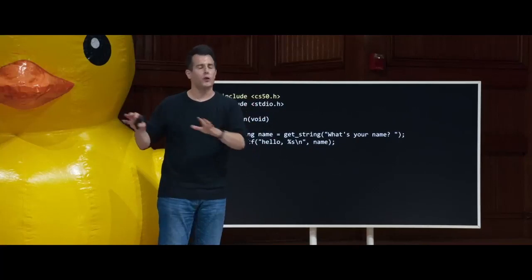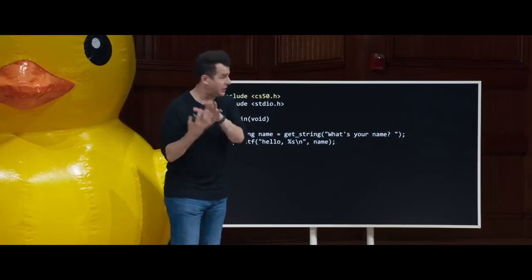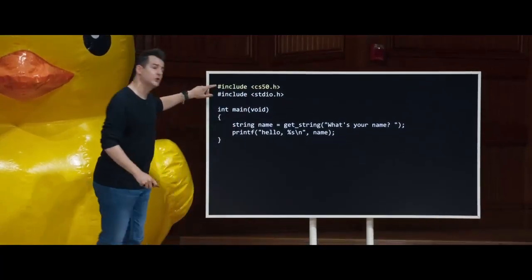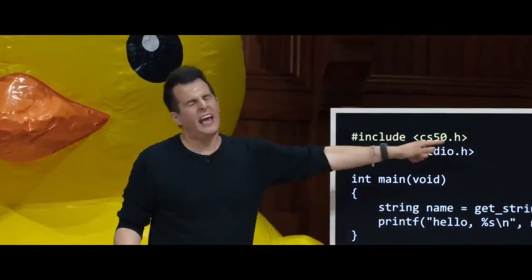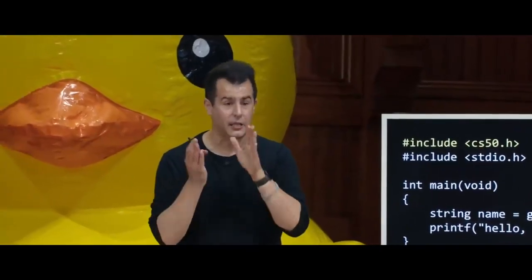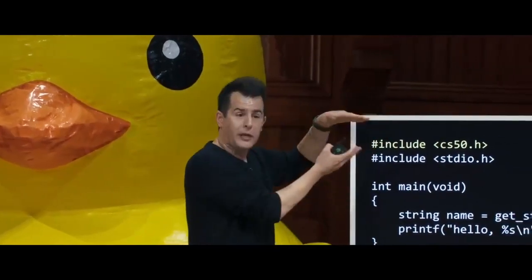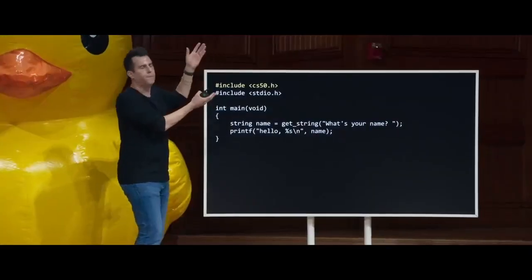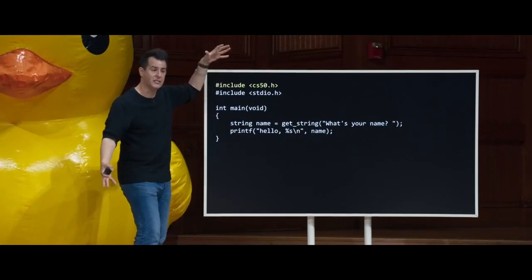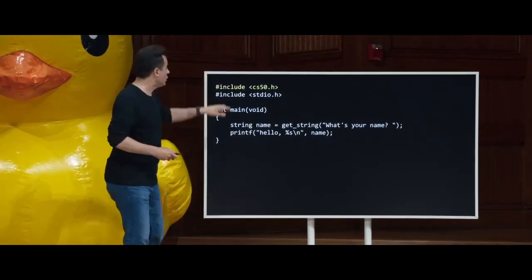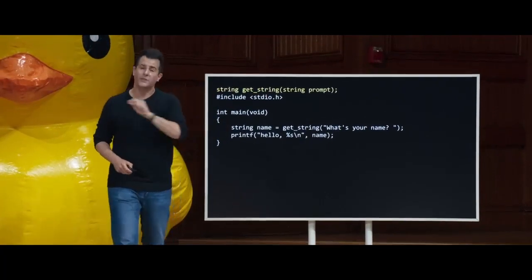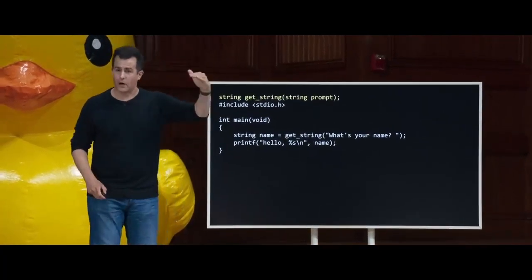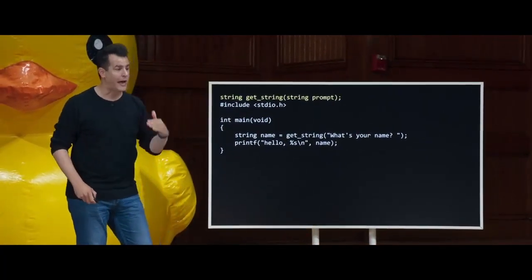And essentially, there is some code that someone else wrote inside of the Clang compiler that looks for a line that starts with hash include. And when it sees that, it goes and finds this file and effectively copies and pastes the contents of that file right there into your code so that you don't have to go find the file, copy and paste it, and make a mess of your own code. So in particular, it's effectively as though you're copying and pasting the prototype of getString to the very top of your file, thereby teaching the compiler that it exists.